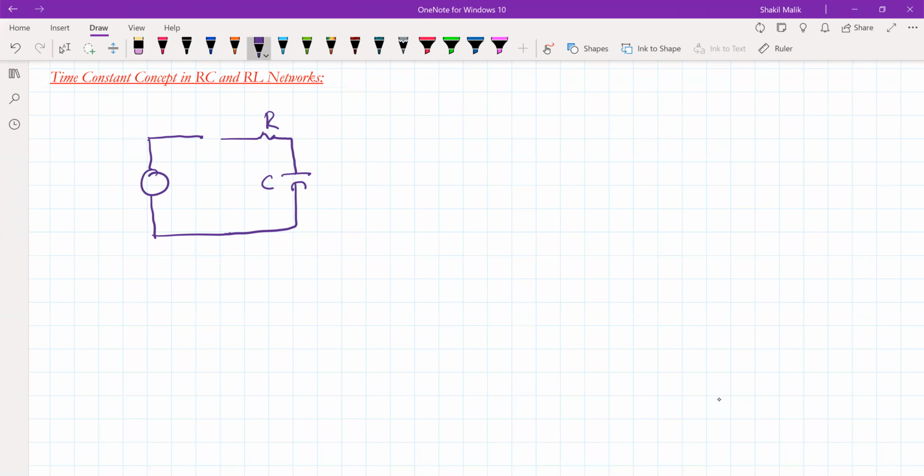to an RC circuit at t equal to 0, where this is the supply voltage, how does the capacitor voltage behave? The capacitor voltage is given as Vc of t is equal to Vs (1 minus e to the power of minus t by RC). Same way, if we have an RL network, and if we connect to this network